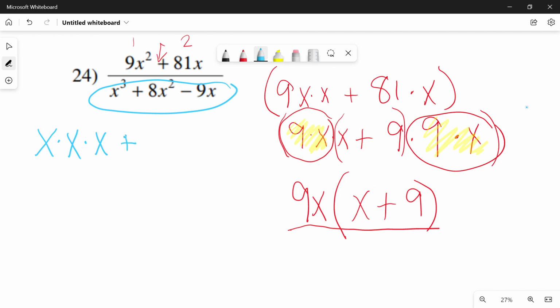And then we have plus, that's my first term. My second term is 8 times x times x. And then my third term is minus 9 times x. Man, I just feel like there should be some way. I know I can get an x out of here, right? I can get an x out of here. Now, why am I doing this? Well, because see this x